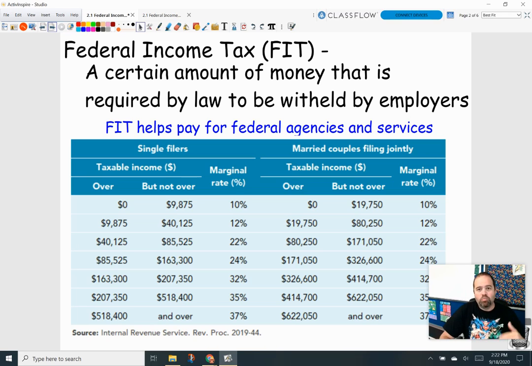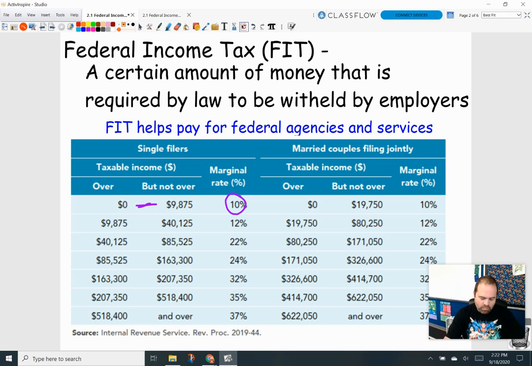The way this table breaks down, the bracketing system, let's suppose I make $8,000 in a year. I'm only going to have to pay 10% tax on that $8,000. And that's it, because I'm in that first tier, as I'm calling it. So that first row of this table, if I make, like I said, $8,000, I'm right here. They're going to tax 10%. I'm done. I don't have to worry about anything else. However, if my